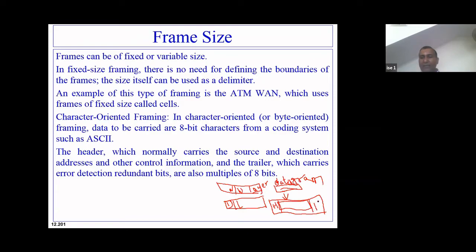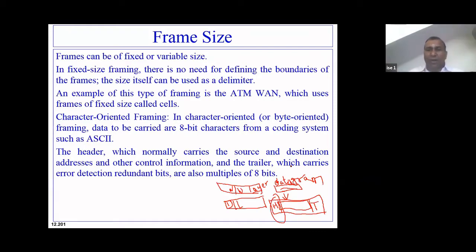So what does this header part comprise? It contains the source MAC address, destination MAC address, and some other control information, such as the size of the MAC address, the size of the device, and whether it is a request type or an acknowledgement type.